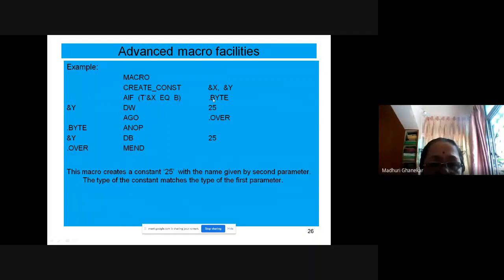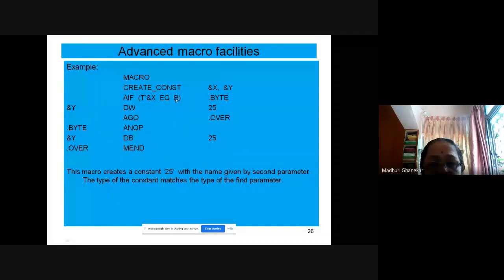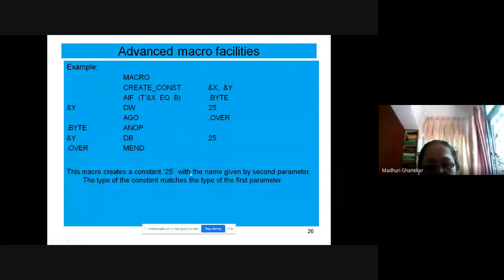When we see this, if type of X is not byte, it might be a word. So what to do? Declare it as a word. The second parameter should be declared as a word with value 25. And after that, AGO is the same as the goto statement, so it will be jumping to .OVER, macro ends. So what is this macro doing? This macro creates a constant 25 with the name given by the second parameter y.